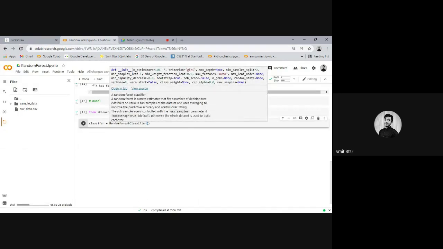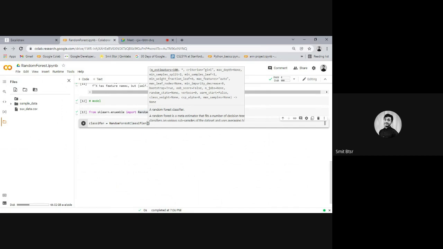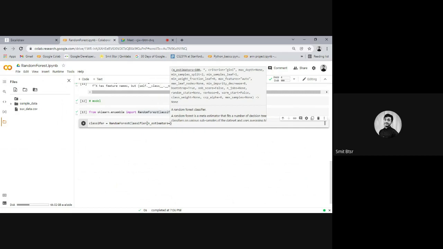The variable we need to use is n_estimators, the number of estimators, equal to let's say 10. If you do not specify this, then by default it uses 10. You can change it as well, you can use 12 as well.